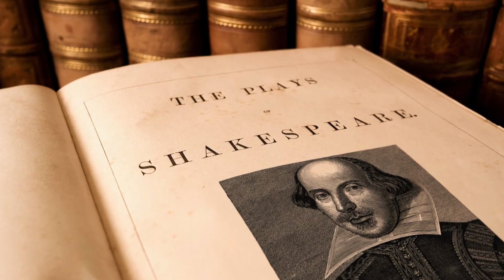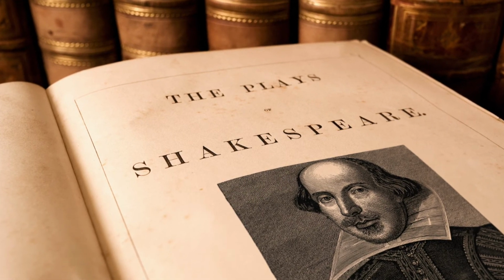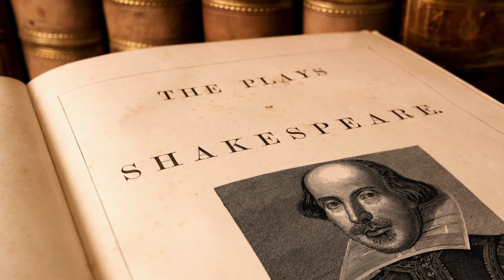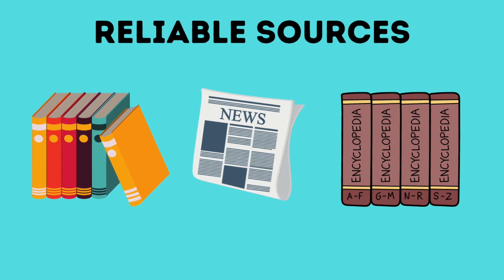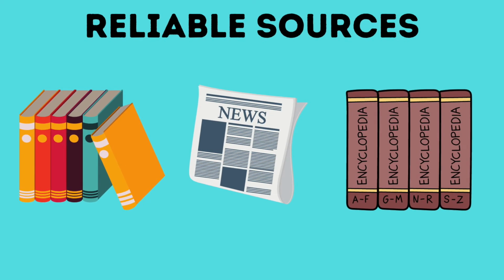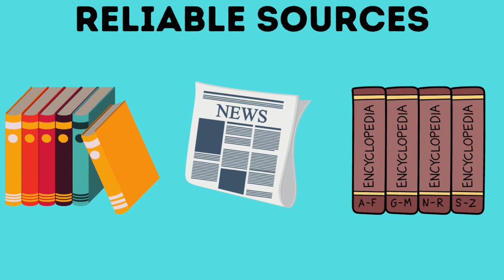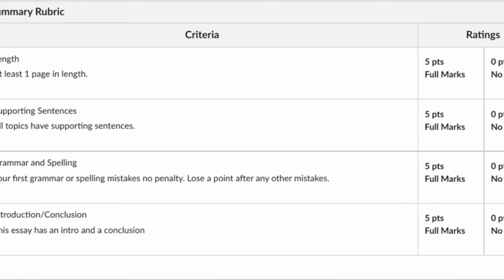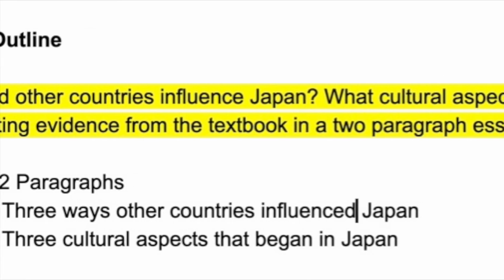You do not want to copy an author's ideas word for word. If you do, you should give credit with a citation. Another problem is accuracy. Is the information you provided correct? Double check your sources. Make sure your sources are reliable. And finally, don't forget to be on topic and check the rubric and the writing prompt to make sure you